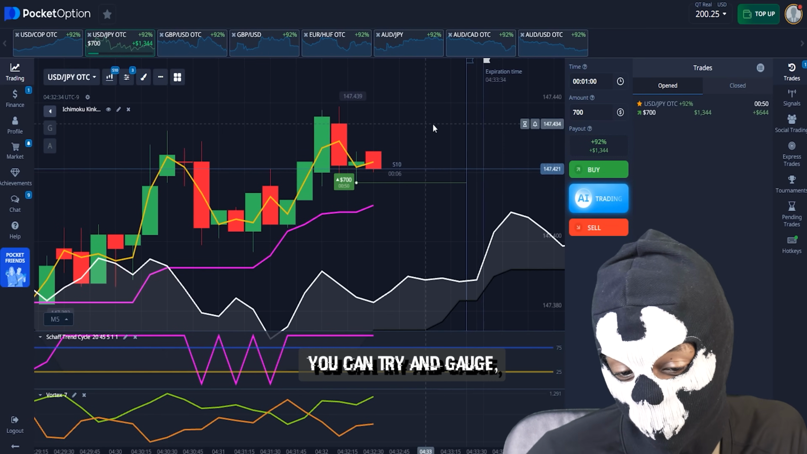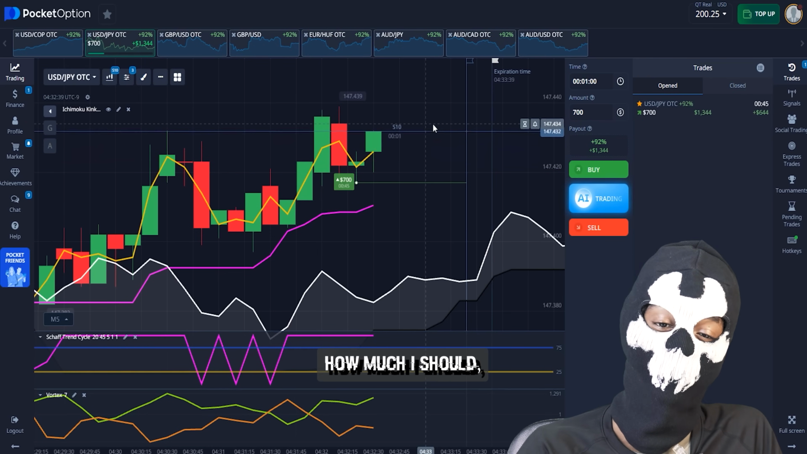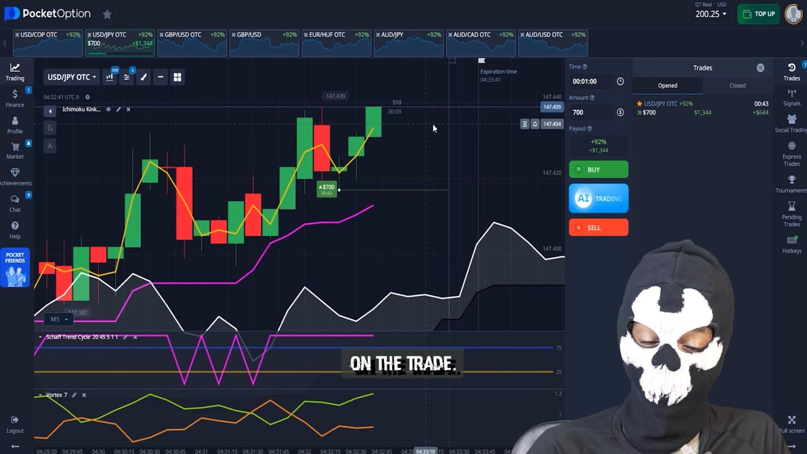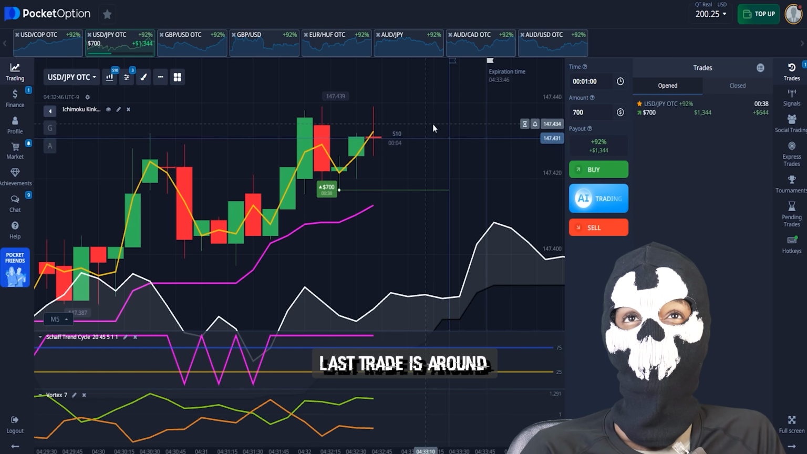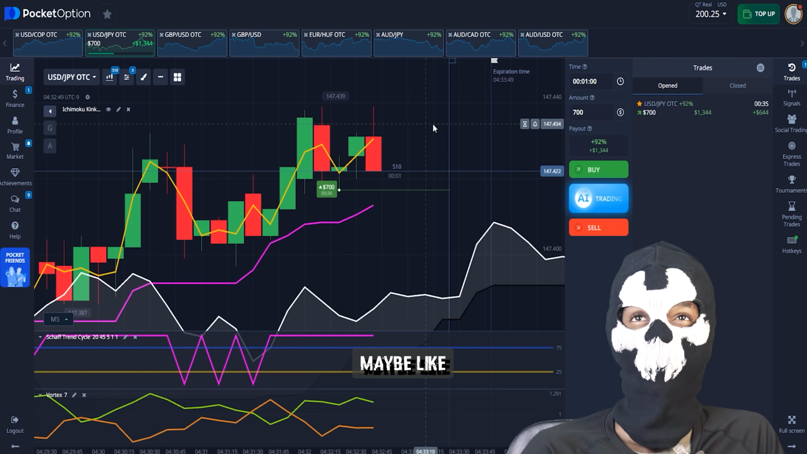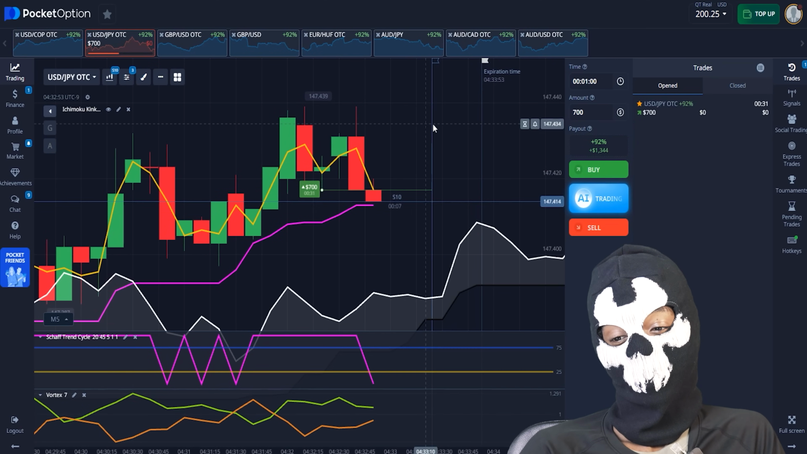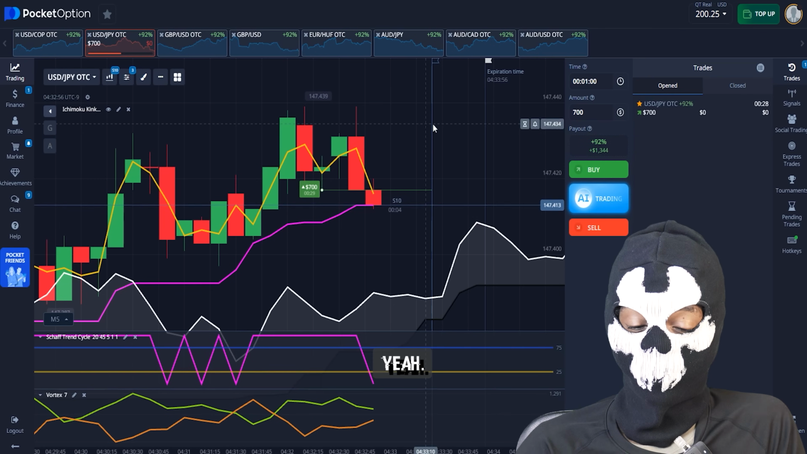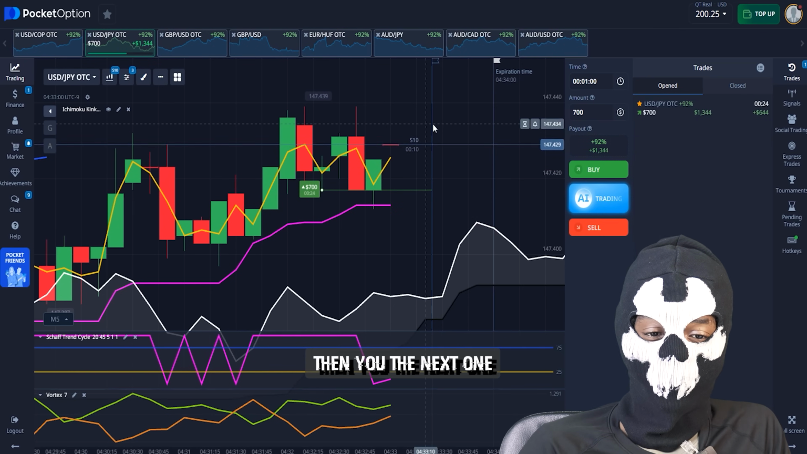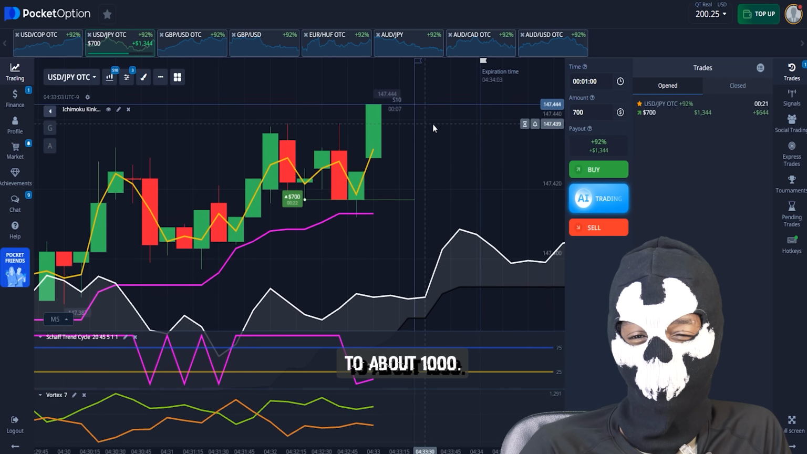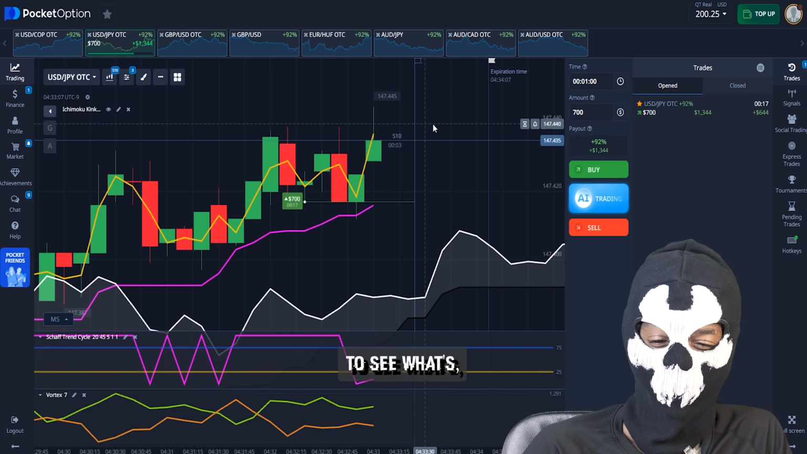So you can see, you can try and gauge the range that I'm using to decide how much I should put on a trade. So between this one and the last trade, there's around maybe like 380. No, not 370 difference, if I'm correct. Yeah, should be correct. Maybe the next one I'm going to go with about 1,000 or so. I'll add like a 300 or 350. We'll see what